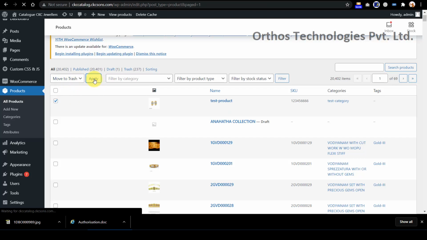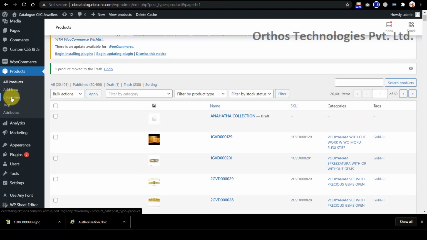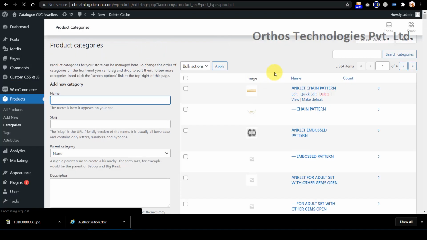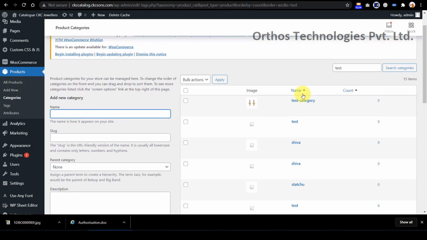Now let us delete that category which we have created. Go to categories. Search that test category here. So there is this category. Select this thing. Be careful not to select this thing here.